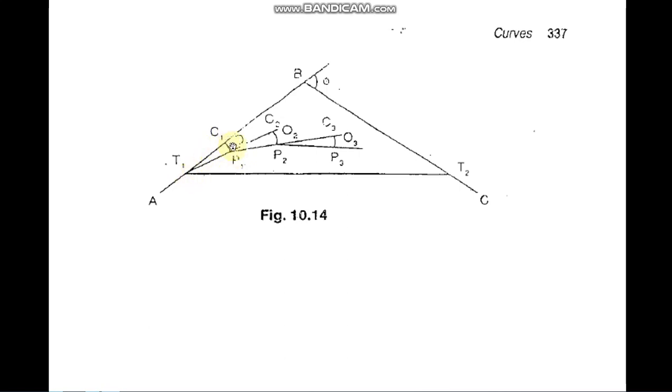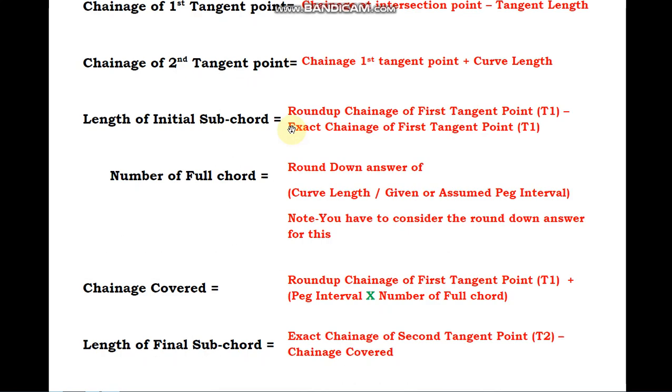That is how the title justifies setting out a simple circular curve by taking offsets from chord produce method. We are producing the chord and we are producing the offsets also, so the method is justified. Again, this is the second chord, this is the second offset, this is the third chord, third offset. Likewise, we set the chord and offset, and this is our required curve. Okay, the offset from chord produce method.